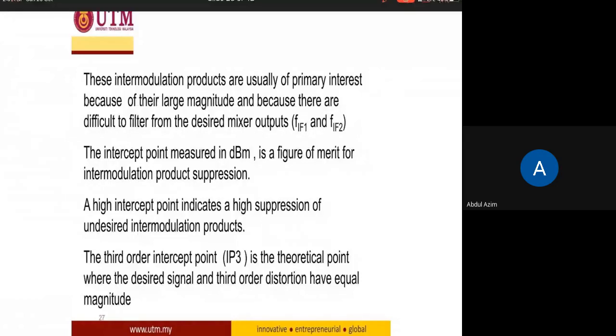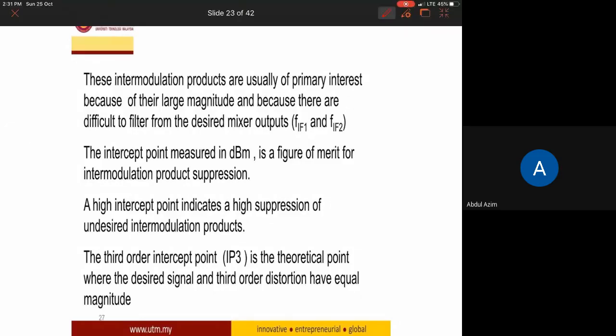Okay, so this is some of the definitions here. When you attend my class, you can already print out or open back or review all the slides. So I usually operate because they are large magnitude and because these are difficult to filter out. So this F1, F2, we don't care. So we only care about